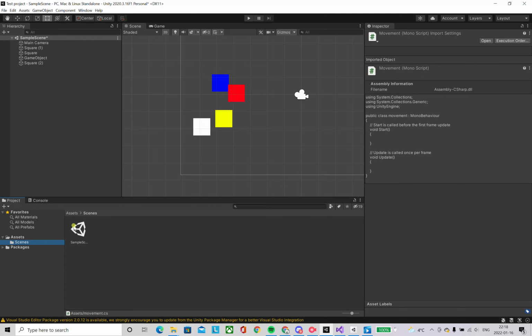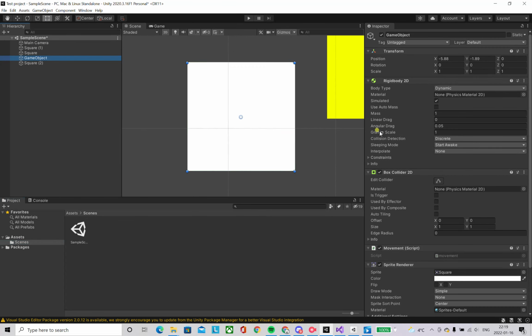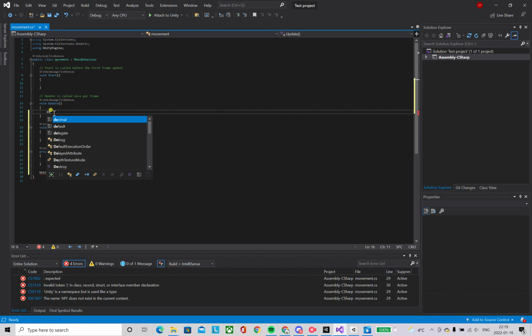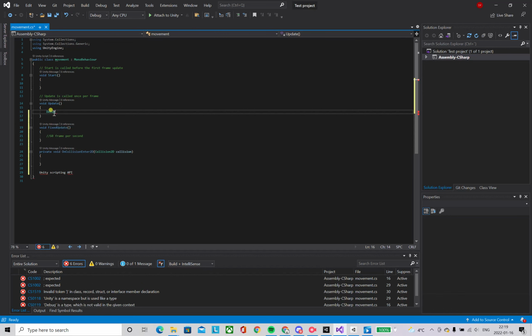What you can do with this tab is that in script, you can write a line of code called debug.log, and in this bracket you can put in either lines of text or other values which later on will be printed in the console. For instance, if I put here